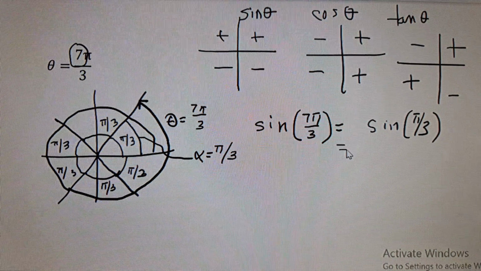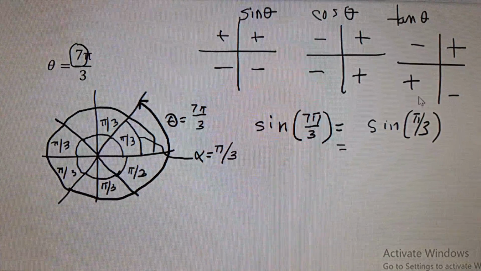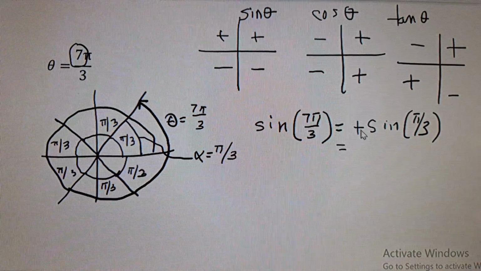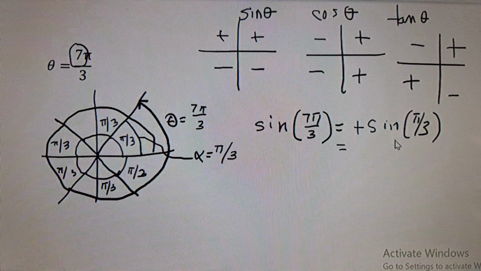What do we know? Well, we're in the first quadrant, so it's going to be positive. What's the sine of pi over 3? So it's going to